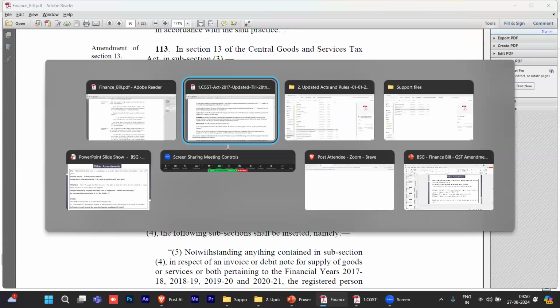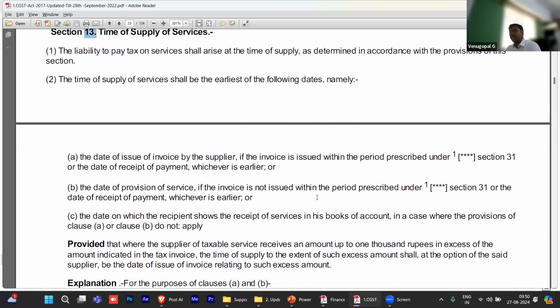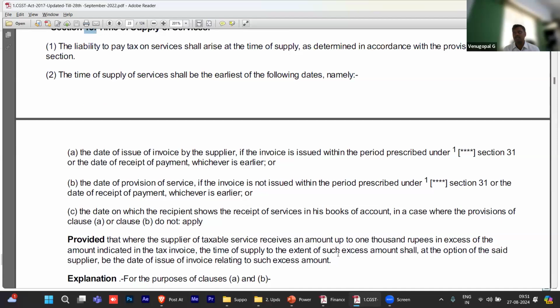It is earlier of A, B, C, right? Earlier, no, madam? Earlier of A, B, C, right? So it is either of these three. It is now kind of putting rest to the problem, saying that even if you're delaying issue of invoice, because all this while we were referring to the self-tax invoice. Correct. Now you cannot take that plea that the self-tax invoice is issued only now. It is now earlier of all the three provisions.